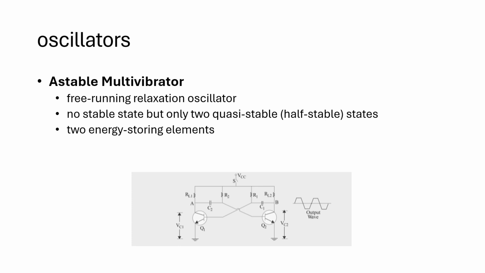What do we mean by that? When one is on, the other is off, and they continuously switch back and forth at a rate depending on the RC time constant. So we have your RC time constant here, and here, in the circuit. There are two capacitors, which are our storing elements. They are capable of storing charges. The two transistors here are symmetrical in nature. Symmetrical collector coupled astable multivibrator using two similar transistors.